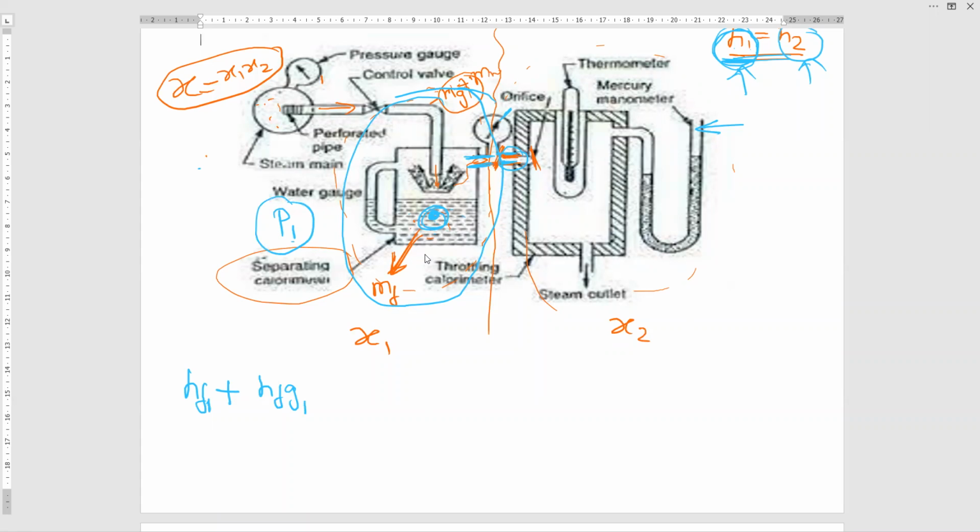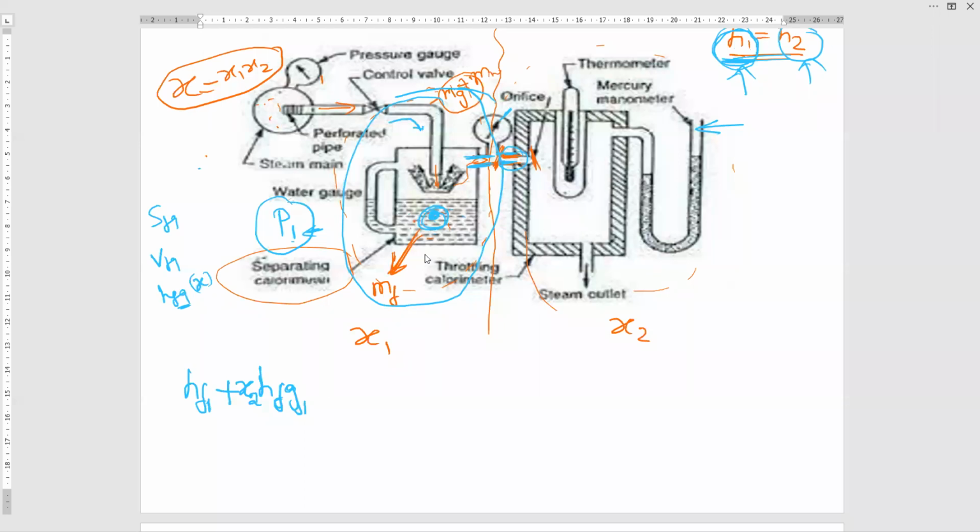Multiply by, and I told you in the classroom, whenever you have written FG, it may be SFG, it may be VFG, it may be HFG, any value when you are writing FG, always you have to multiply with dryness fraction. Now I will multiply the dryness fraction with this, that is X2. Now you can ask a question, sir, why you have multiplied X2? Why not X1? Because it is at point number 1.